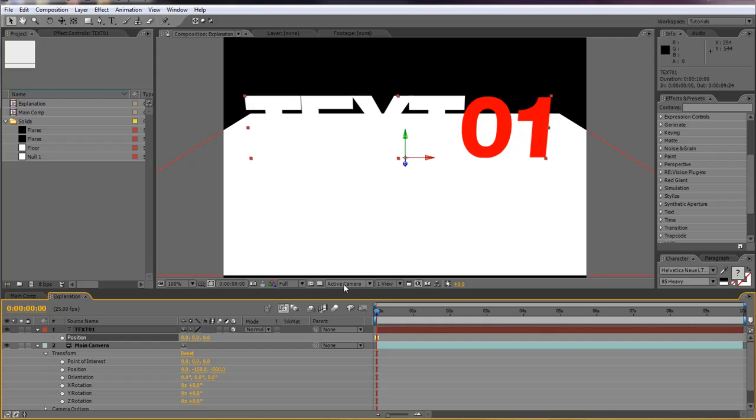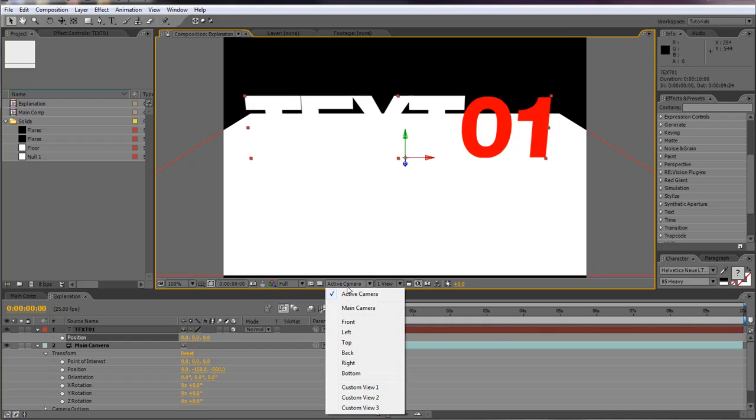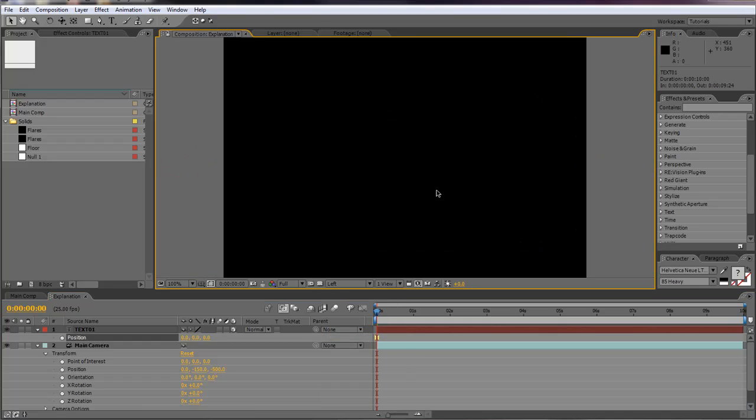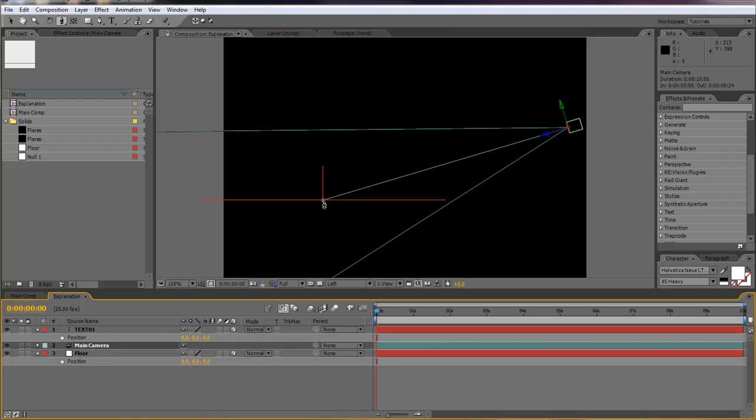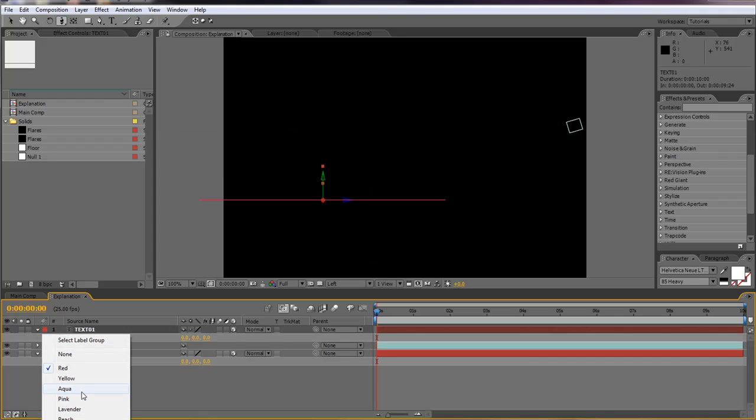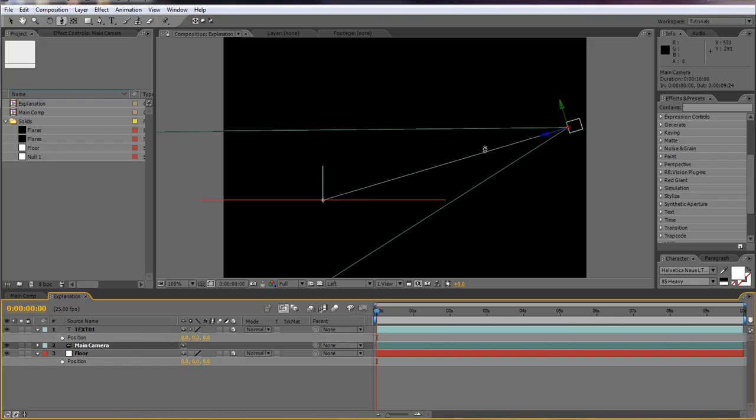All right, now if we look at this scene from left, where is it? In here, left view. We see nothing. Great. Let's pull out a little bit and adjust our settings. Okay, this is our camera. It's looking at the place where the text is touching the floor. And why isn't the text aqua? All right. So our camera is looking at the place where the text is touching the floor and seeing it